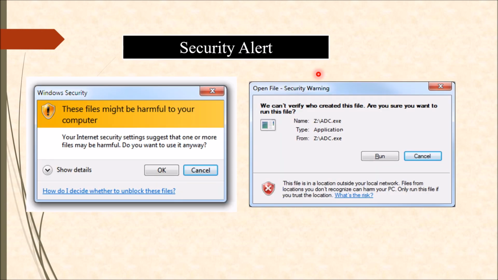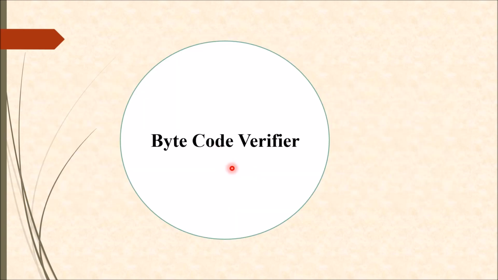Like we often get security alerts that these files might be harmful to your computer, we can't verify who has created this file, and all these security alerts are generated with .exe files, which are generated by C or C++ languages. So we don't get such security alerts with Java applications. This security is maintained in Java with the help of the bytecode verifier inside the JVM.